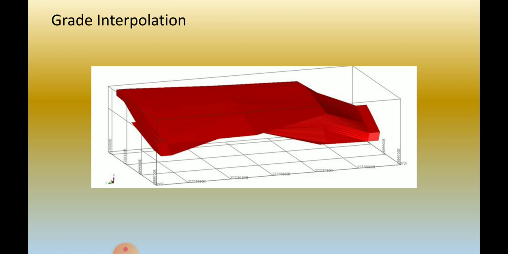For grade interpretation, here we can see the box, which we have already understood, how this box will be prepared and created. The limit of that box we already understood in our previous slide. So in this box, our overburden body, waste body, ore body, intrusions body, and topography will all come in this box,